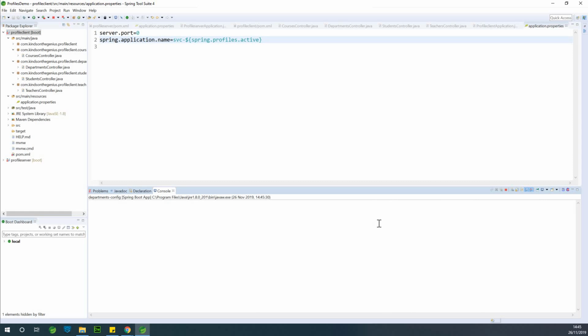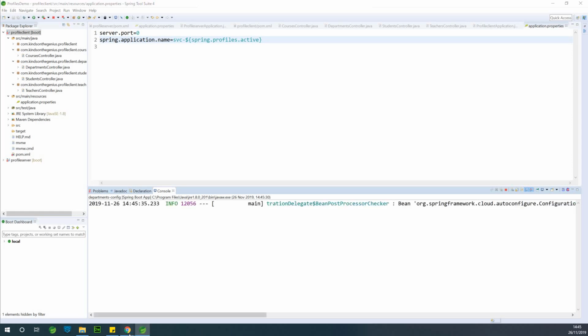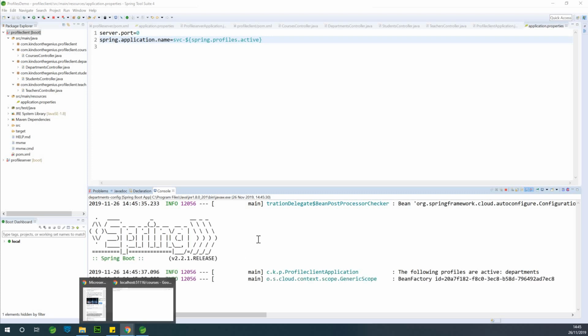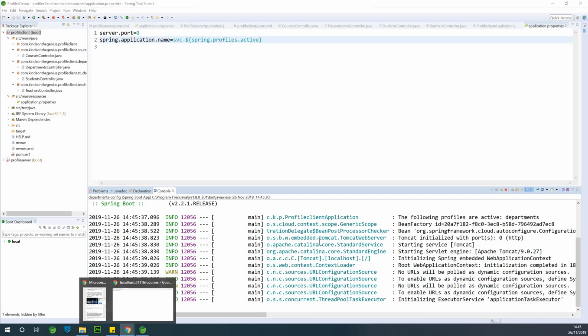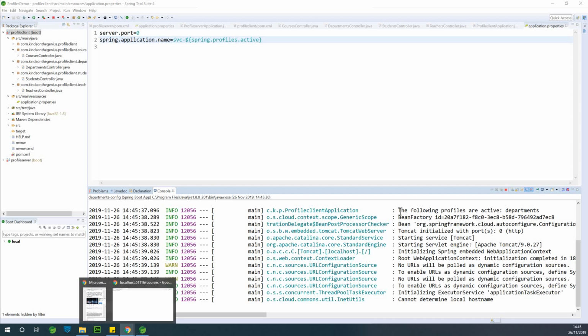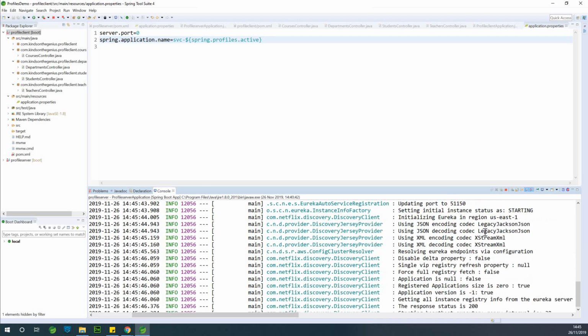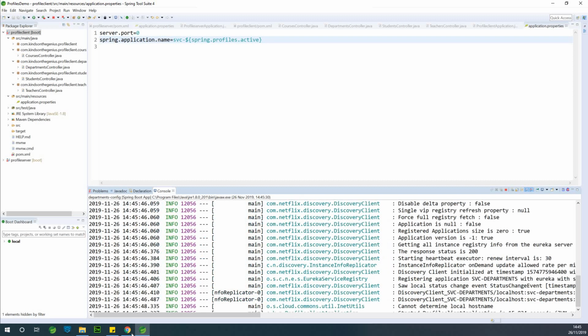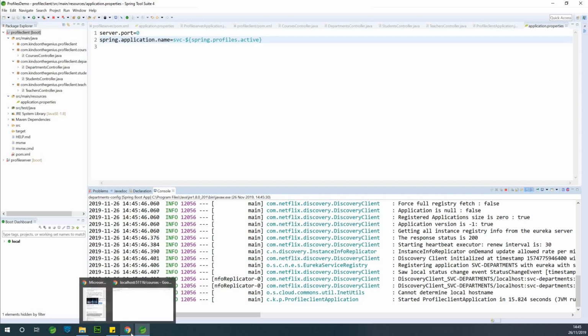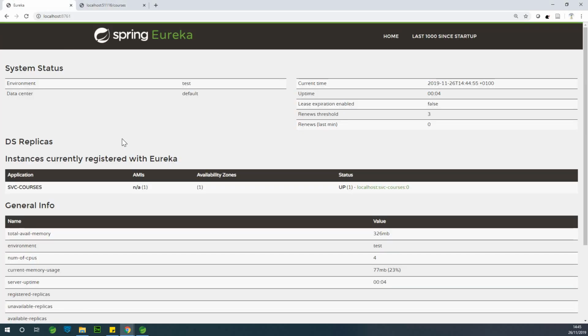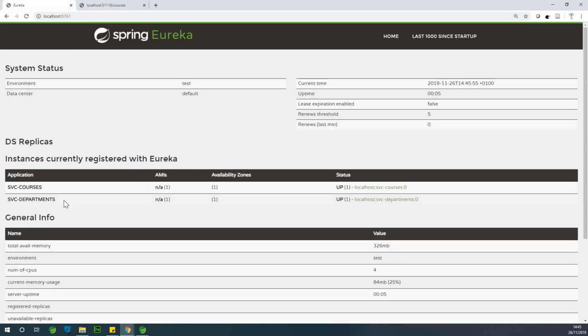So in this case, I'm running the department service now, and we expect that it's going to show up in the Eureka server as another application. So it's running in port 5110. So I checked it. It runs in port 5110. So if I go to Eureka server at this point and refresh, you can see that we have a second service, and that is the department. It's running at port